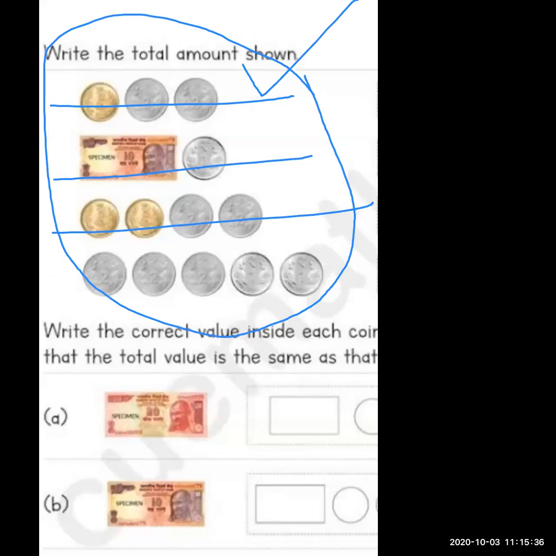Coins are given to you. I zoom over there. Watch it properly. How many rupees in coins are there? Add together and tell me. Very good. A 5 rupees coin plus two 2 rupees coins. Okay. Very nice. It's 9 rupees. 5 rupees 1 coin plus 2 rupees 2 coins. It's a total of 9 rupees.